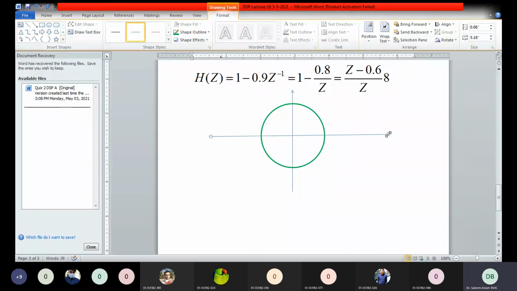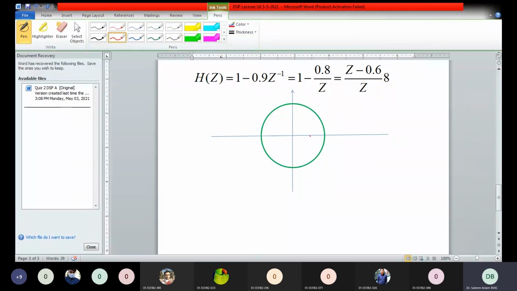So what we need to draw, let me take the pen with red color and draw the location of pole, a zero. We have a zero at 0.8. Agree करते हैं बेटा सारे? We have the same system with 0 at 0.8. Now, let me write a formula to calculate its minimum and maximum value directly by looking at the location of a pole. At e to the power j omega, mod min,